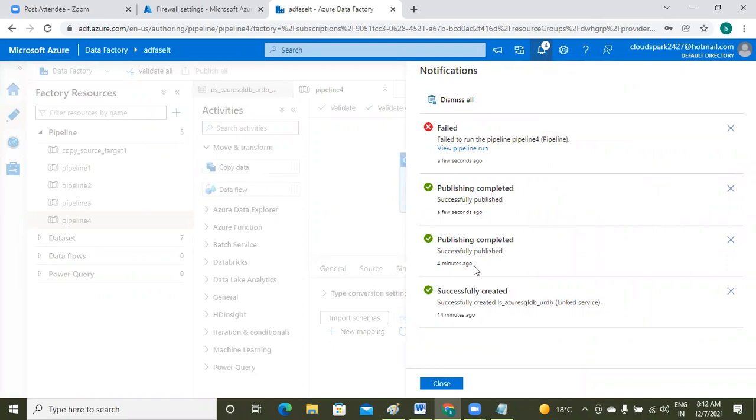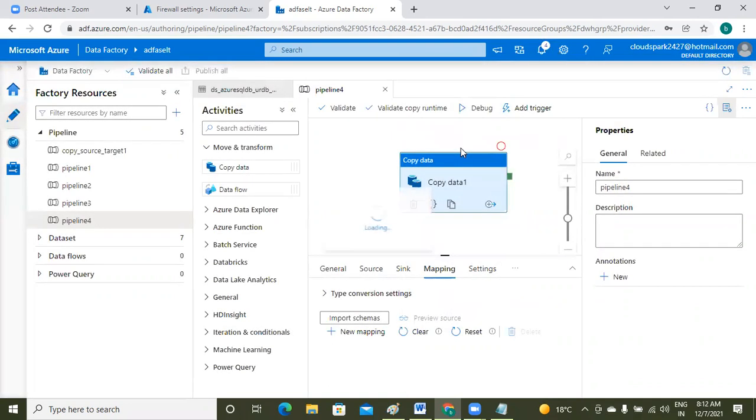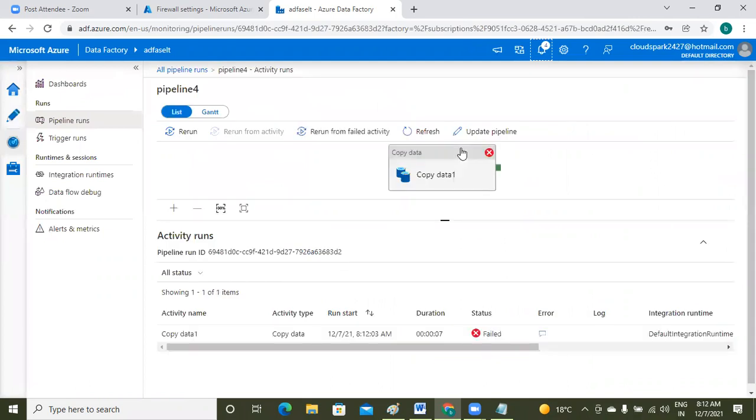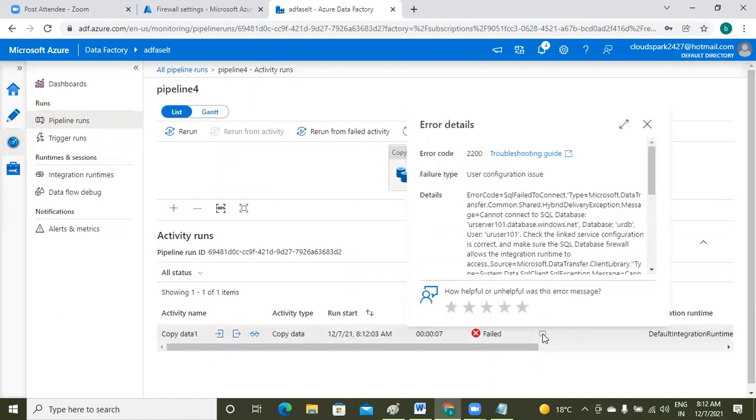Maybe some other issue. Here you can check the error message.